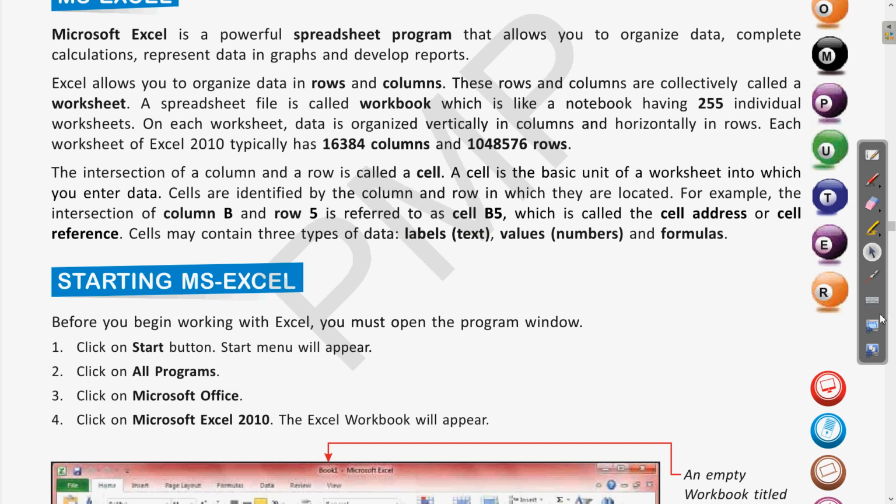If we multiply this number of columns and this number of rows, this much amount of cells we get in a single worksheet.